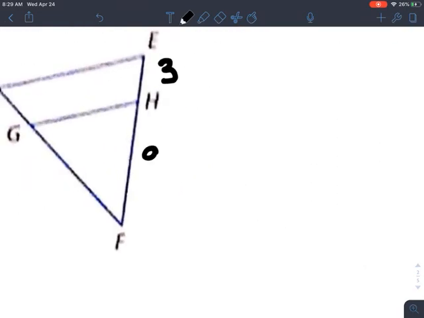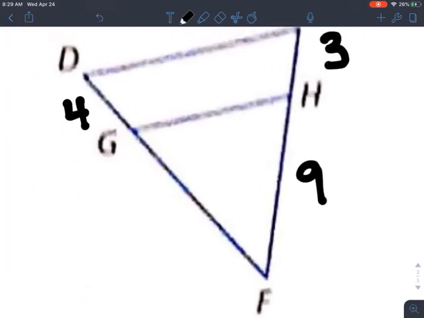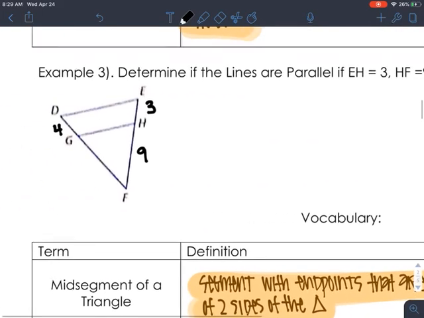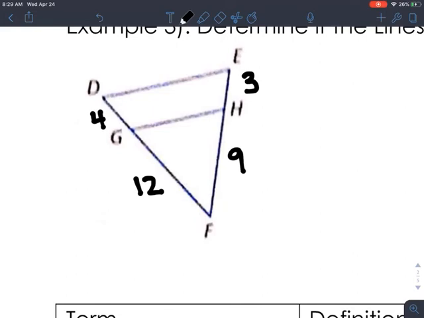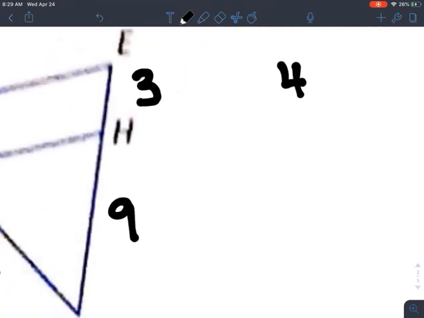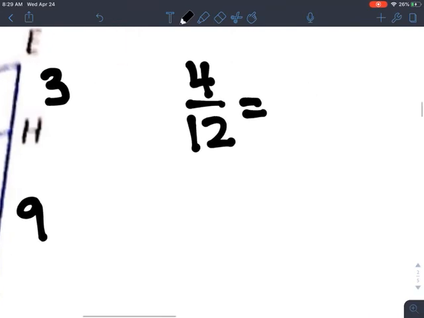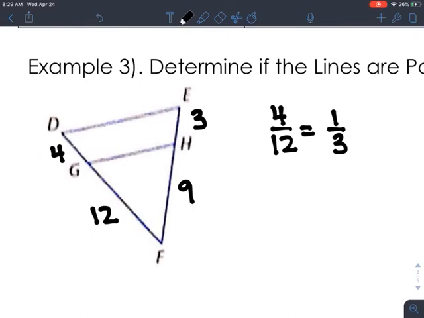HF is 9, DG is 4, and GF is 12. And so what we're trying to determine is if GH is parallel to DE. And so to check, we just look at our scale factors. We try to see if they're proportional. So I'm going to match up DG to GF, which would be 4 over 12, which gives me a scale factor of 1/3. And for this line to be parallel, this side of EF has to also be split up